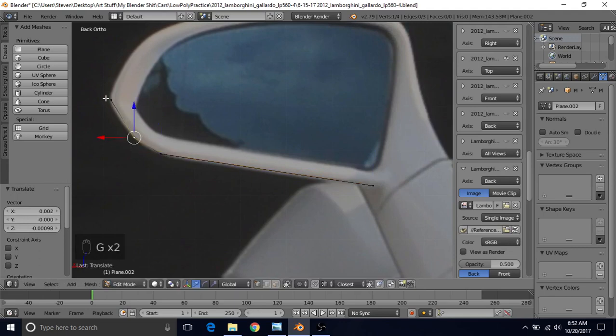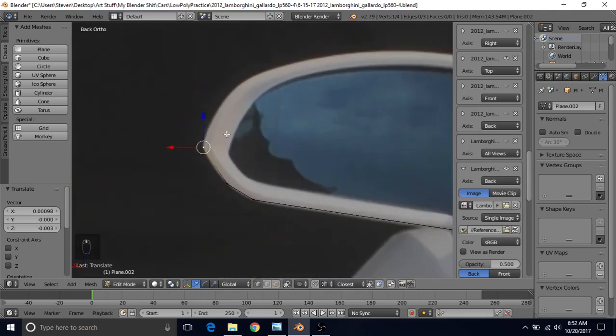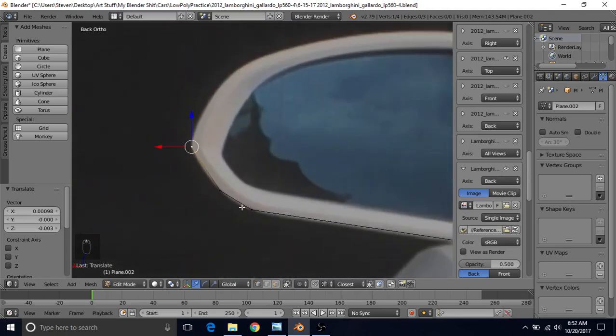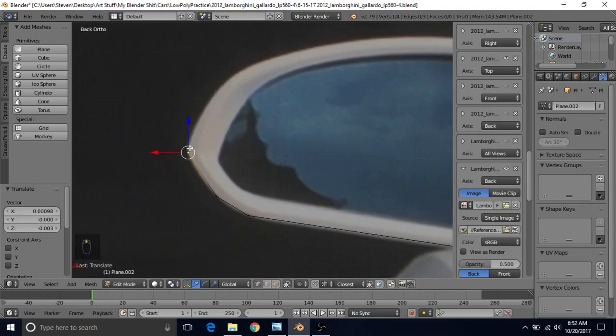Since this is not a high poly model, this is a low poly model, it's not going to match up perfectly, so don't worry about that. The curvature is not going to be perfect. But then we're just going to select this vertex, E to extrude, and we're going to do the same thing. We use 2 points to make this curve,